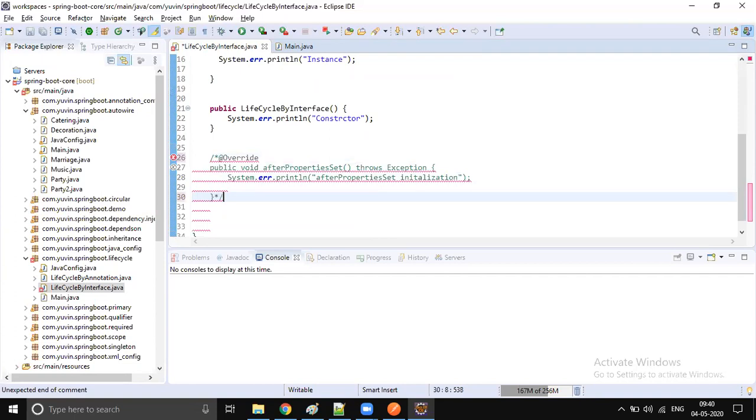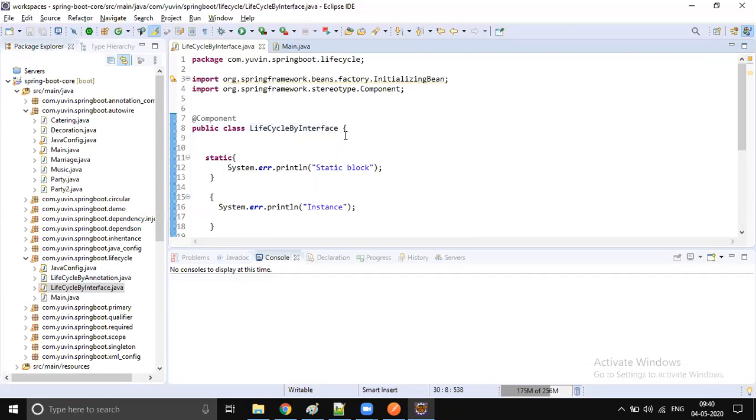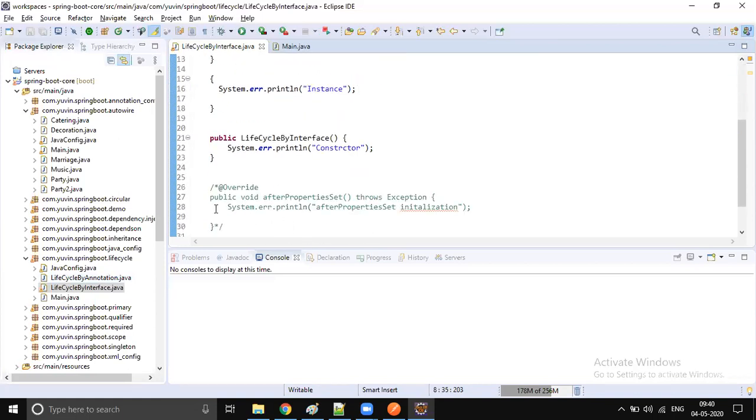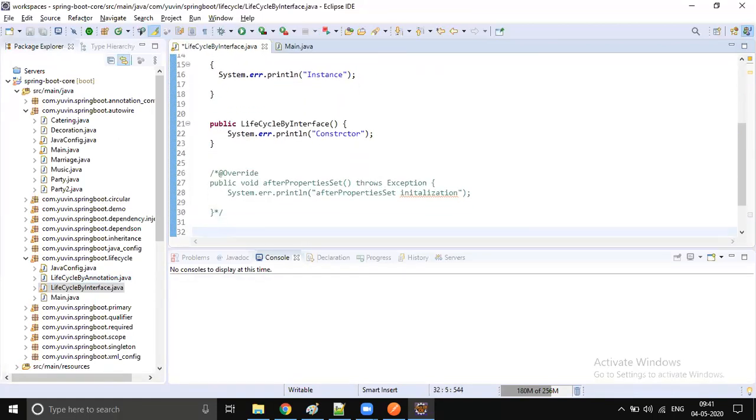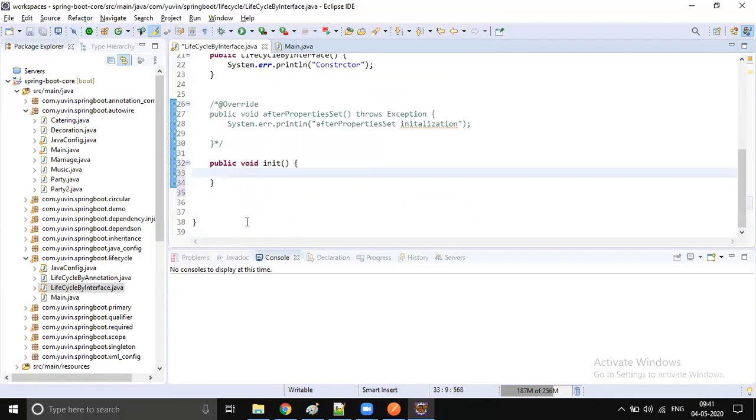It is not recommended. Then what is the alternative? I want to write some initialization callback, and I got a code review saying this is not the way of doing initialization callback. Then what is the next alternative we have? The next alternative is, let's write a method where you want to perform initialization.